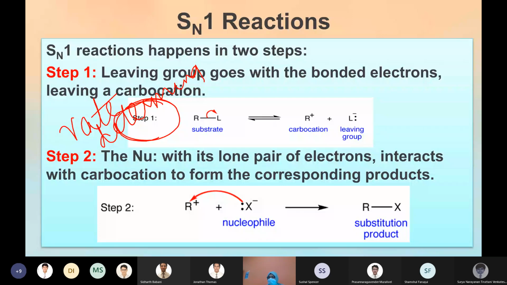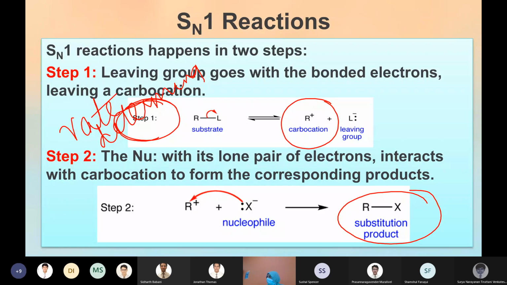So in SN2, both reagents take part in the first step itself, giving you an intermediate or a transition state, which is converted to the final product. That's not really a separate reaction; it is just a rearrangement or the breakage of the bond. But here it's clearly two different steps. In the first step, there is bond breakage, forming a carbocation. And in the second step, a nucleophile is added to the carbocation, forming a new product.